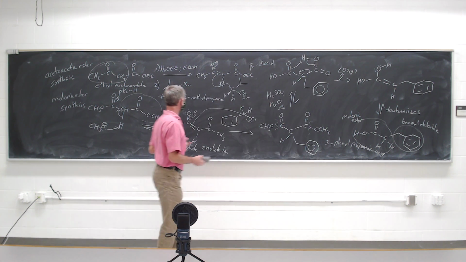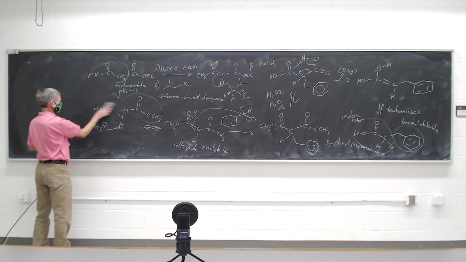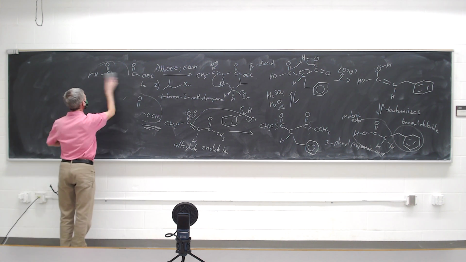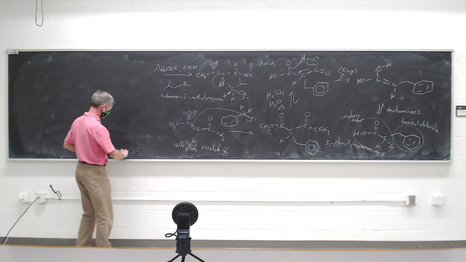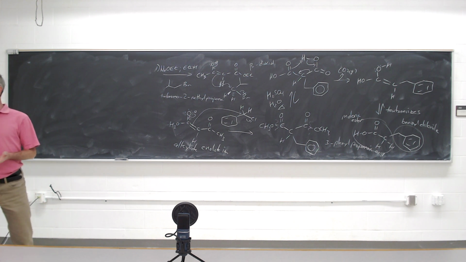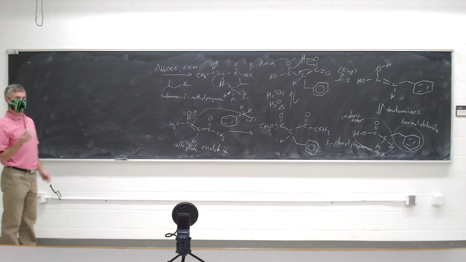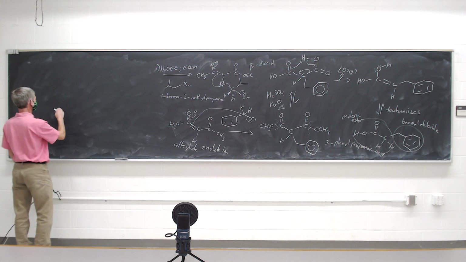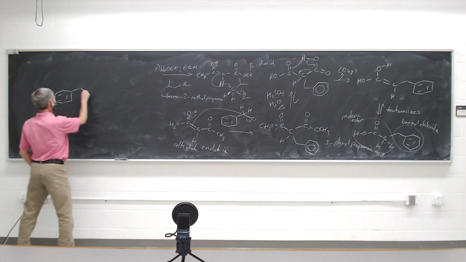And this is a route to alpha amino acids that are not one of the 20 common alpha amino acids. The 20 common alpha amino acids are best made by chopping off steak and hydrolyzing all the peptides in it and isolating the amino acids from the protein. But if you want to make an uncommon one, starting with